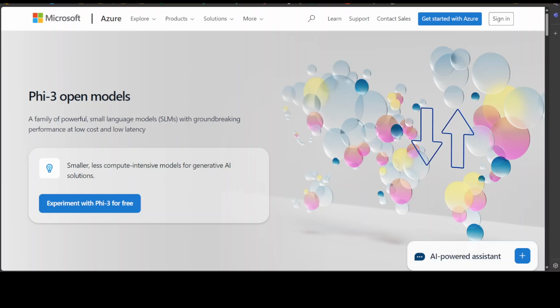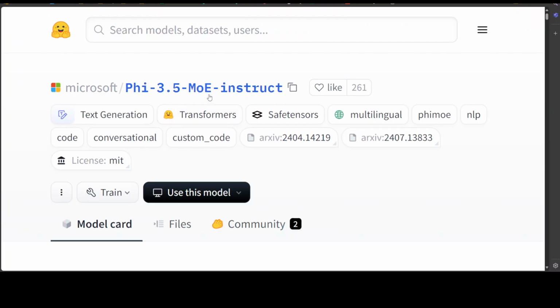I was trying to show you the hands-on demo of this mixture of expert model from Microsoft. This one I'm talking about, but unfortunately it is way too big for even an A100 GPU, which I tried it on, and it was just giving me an out of memory error. So instead of a hands-on demo, I just thought of giving you a run through of what this model is